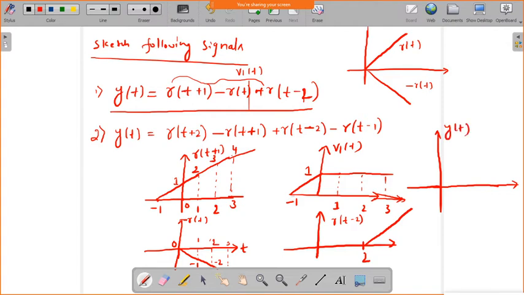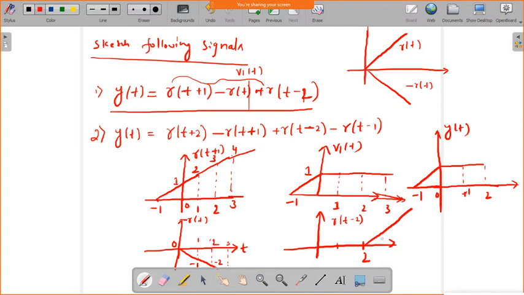So now from minus 1 it will be having the ramp signal till plus 1, minus 1 to 0, and at 1 it is having value 1. In a similar way, here it is 0 and minus 1 is also 0. From minus 1 to 1 it will be having the same signal of v1. Now at 2 you see it is having the value 0 and here it is having the value 1. So at 2 also it will be having the value 1.